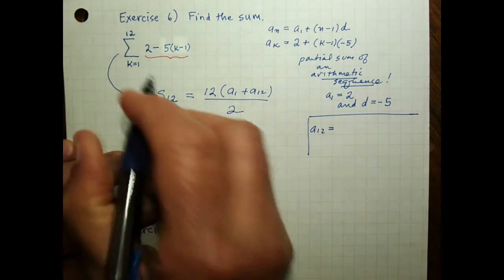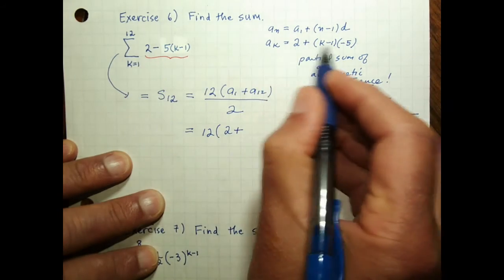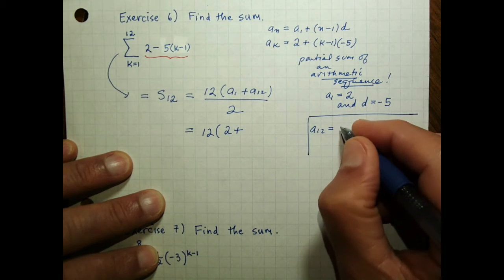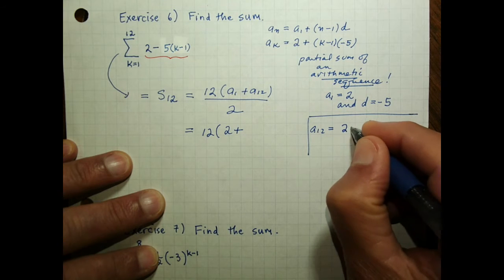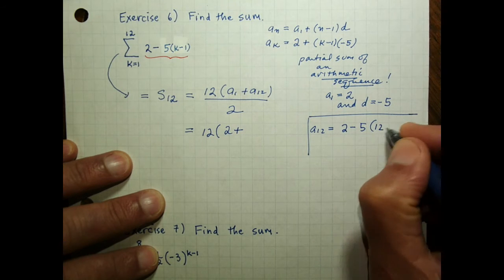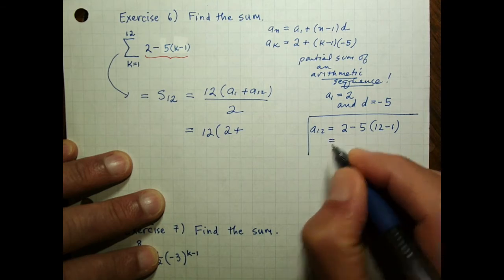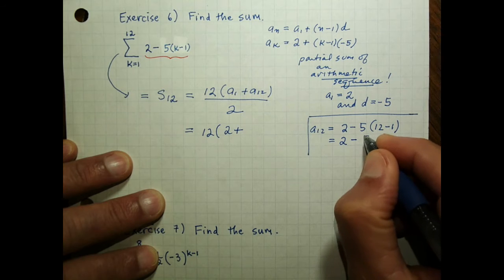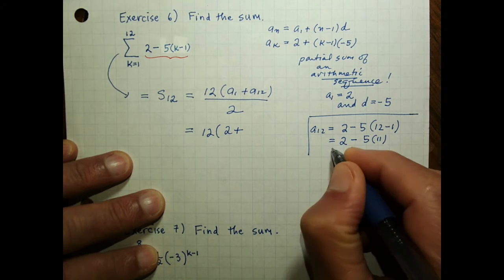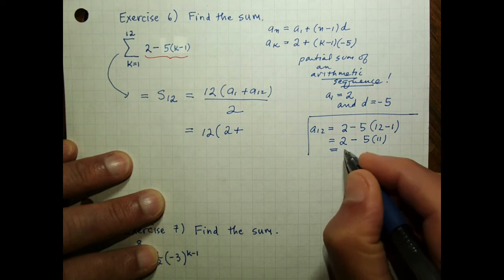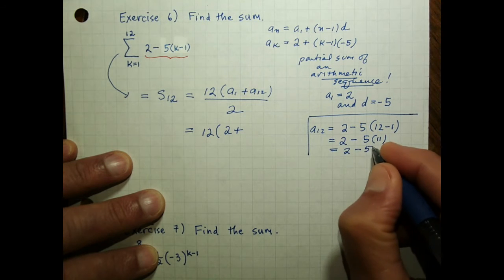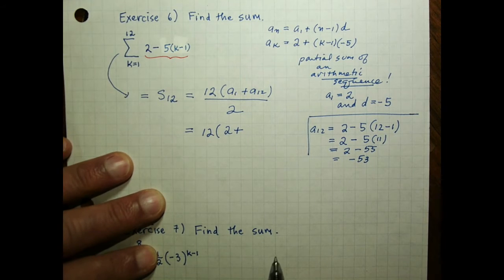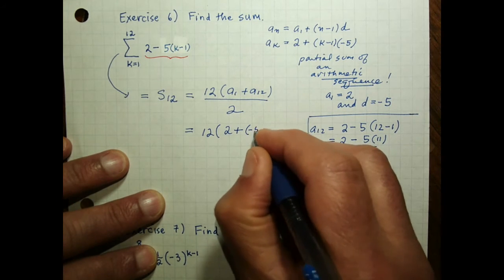a12 is really what I get when I plug in here or here, it's the same thing, with the index equal to 12. So that's going to be 2 minus 5 times 12 minus 1. It's just the last term being summed here. 2 minus 5 times 11. Now multiplication comes before subtraction, so don't dare subtract here. That's 2 minus 55, which is negative 53. That's a sub 12. So I have to add a negative 53,